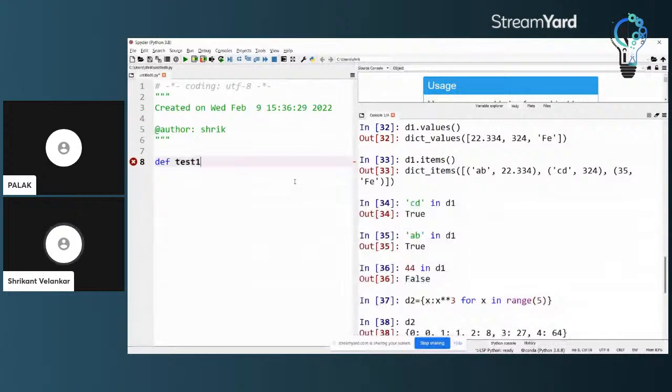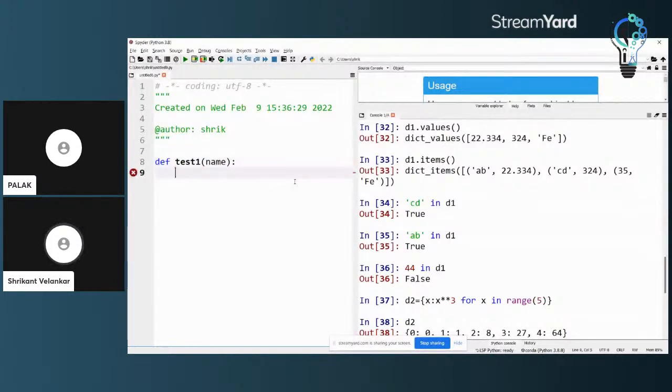I will say test1 as the name, and as there is no data type declaration, it will not be there. And obviously, because a function is going to execute a set of statements, it will have a colon as an initiator of that indented block.